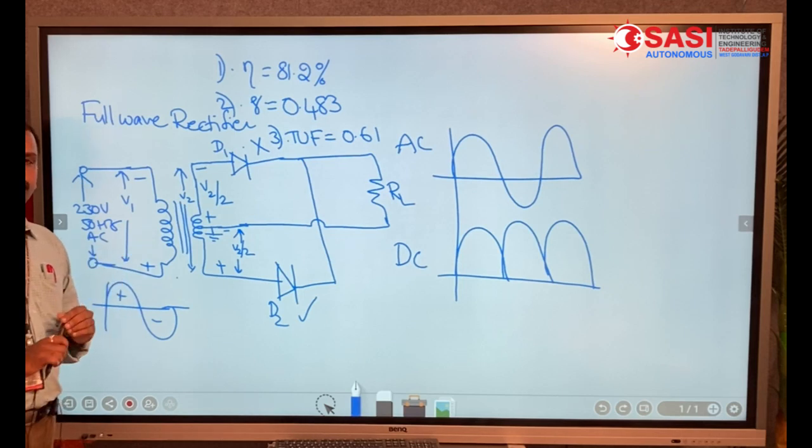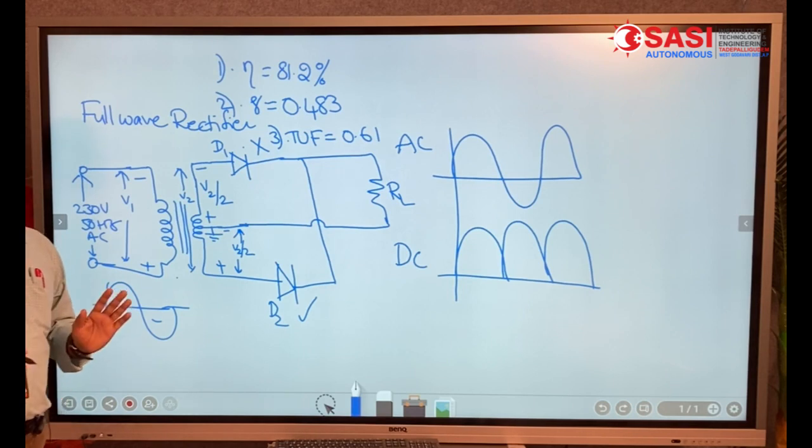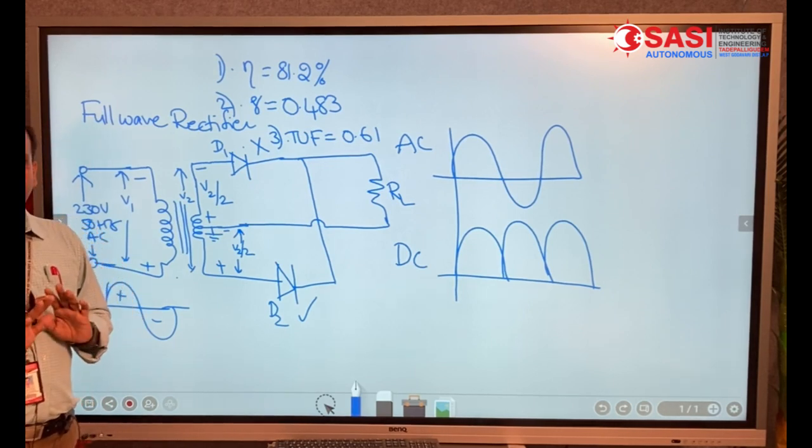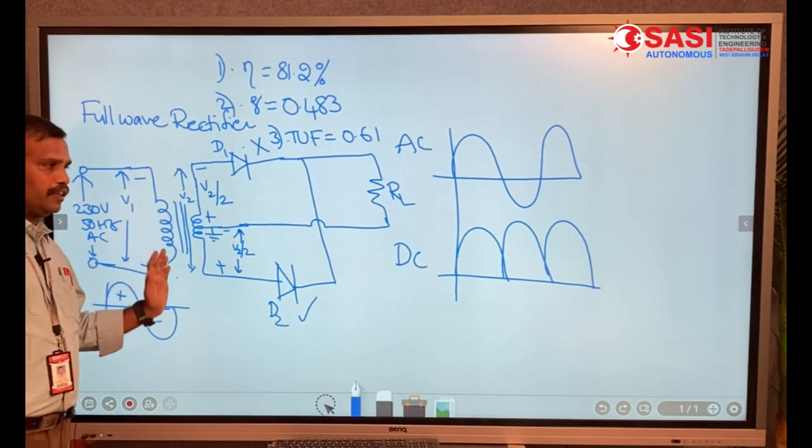Now, the assignment questions will be from these rectifiers: half wave rectifier, full wave rectifier and bridge rectifier. But from the exam point of view, half wave and full wave rectifiers are very, very important, and the assignment questions will be from these